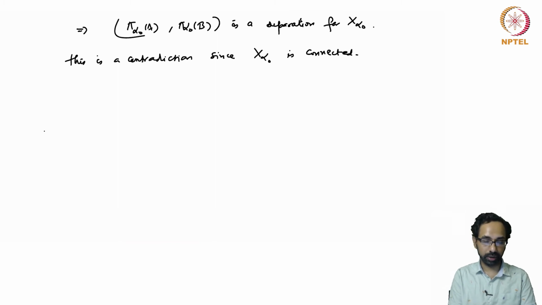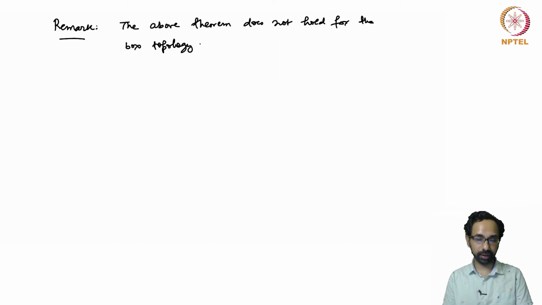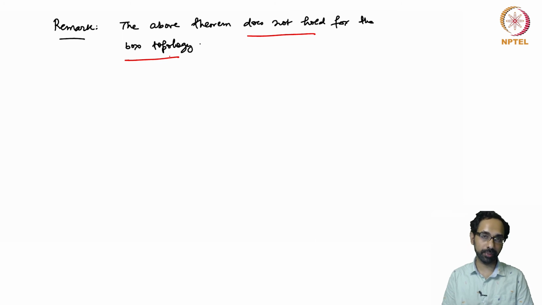So this proves our result that the Cartesian product of all these X alphas is connected in the product topology. Now let me end with a remark, which is that the above theorem does not hold for the box topology. So we have considered the arbitrary Cartesian product in the product topology, but if you have a collection of connected subspaces, then the arbitrary Cartesian product, when it is given the box topology, may not be